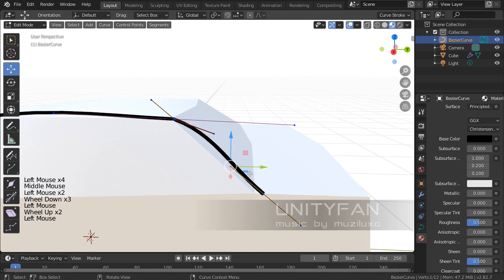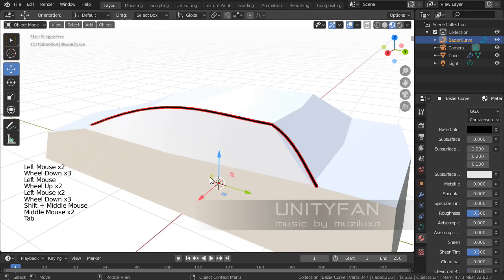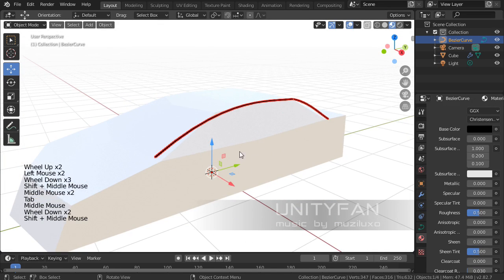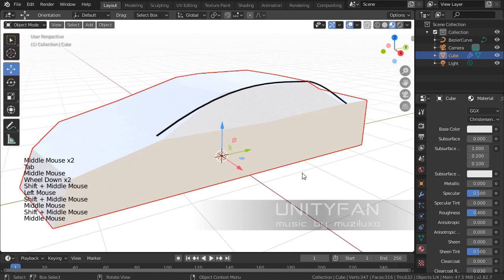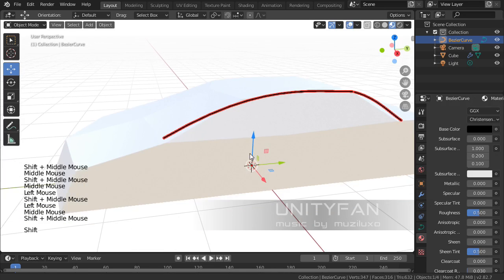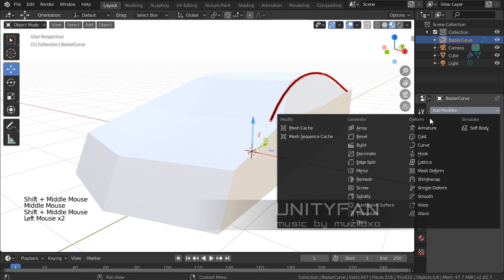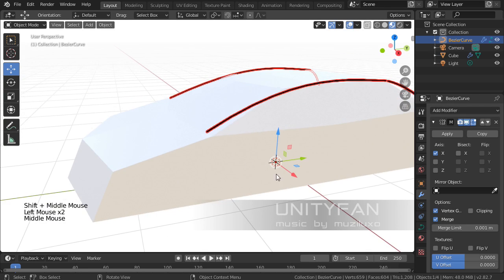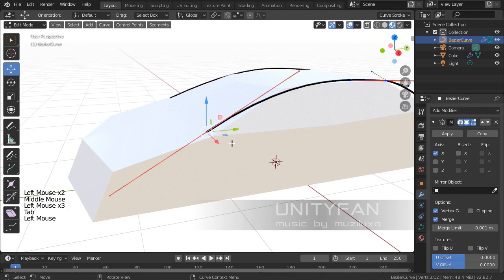And that's what I was talking about. I'll show you why we need this car shape box. Right now we don't have a mirrored curve. We have to add it. Go to the modifier and mirror, and with this we can simultaneously